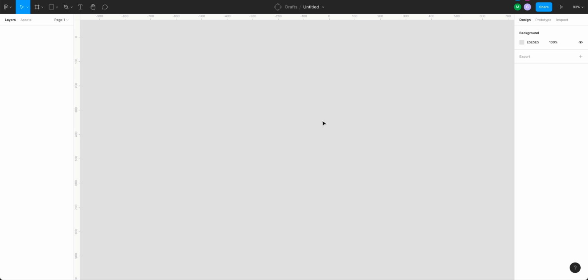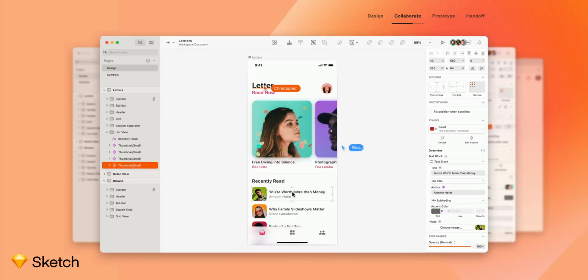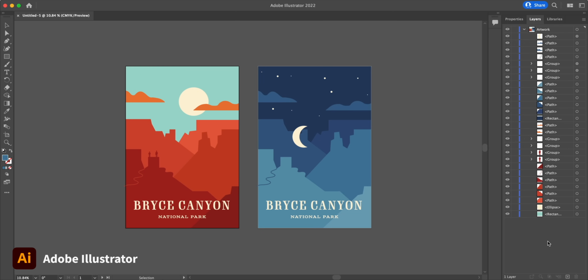This is Figma. And while we're using Figma, the concepts here are generally the same, whether you're using Adobe XD or Sketch or Photoshop or Illustrator or even pen and paper. And to make this more believable for our entirely fictional product, we're bringing in the same kinds of notes a